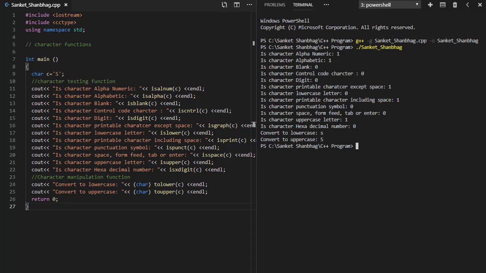In the next program, I am going to cover character functions. Character functions are available in cctype header file. Under character testing functions, we can check whether character is alphanumeric or not using isalnum function, alphabetic or not using isalpha function, blank or not using isblank function, control code character or not using iscntrl function,